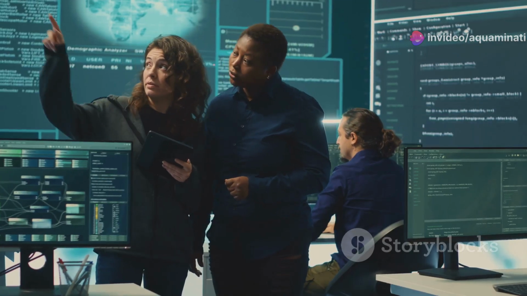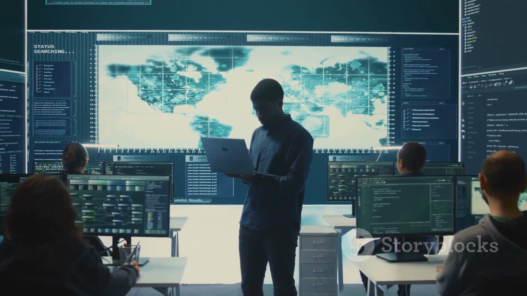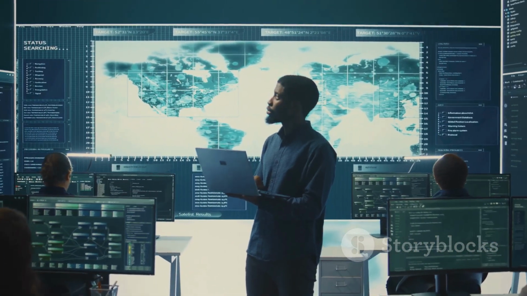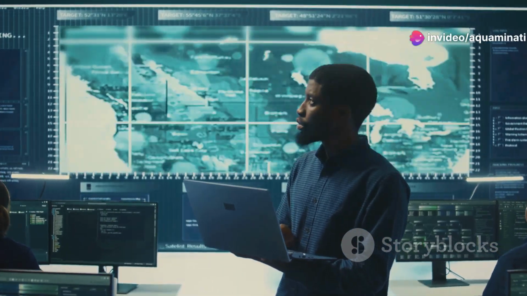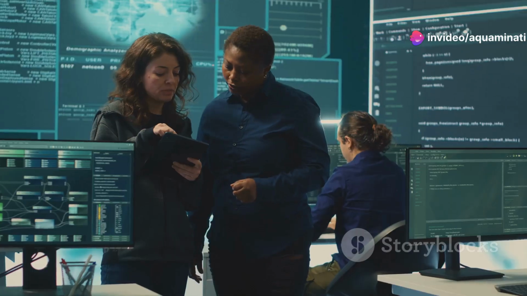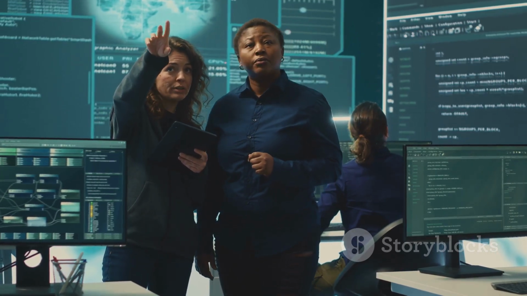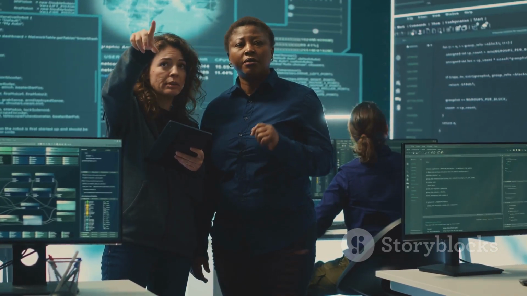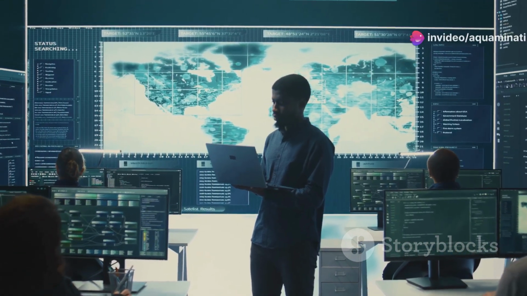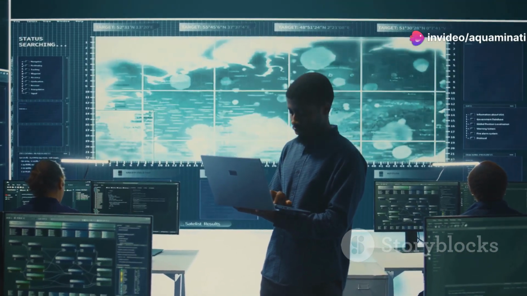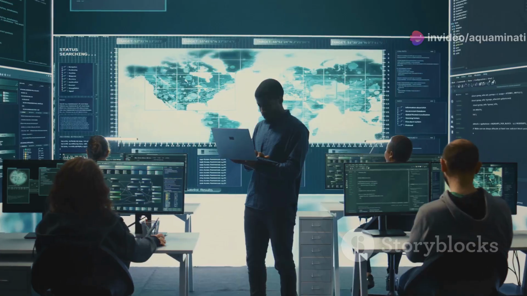Malware analysis also aids in incident response. When a security breach occurs, analyzing the malicious code helps determine the extent of the damage, identify compromised systems, and prevent future attacks. Furthermore, analyzing malware trends and attack patterns allows security professionals to stay one step ahead of cybercriminals. By anticipating their tactics and techniques, we can proactively strengthen our defenses and mitigate potential threats before they cause significant damage. In essence,